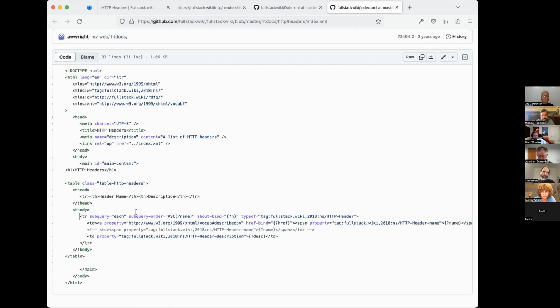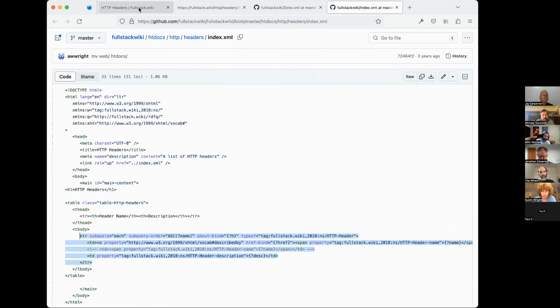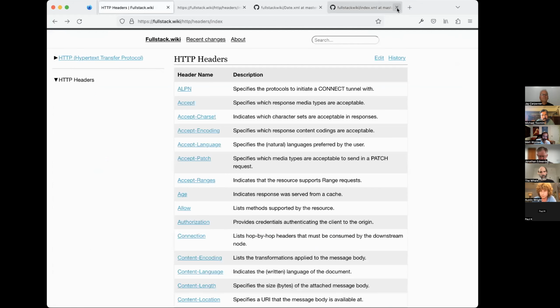I've also been working on this: if you make an incremental change to the graph database, you can trace that back and see which queries are going to be affected. Then you can figure out which particular elements in the HTML you need to change. So if I add an HTTP header to my graph database, it can see that it impacts this query here, and because it impacts this query, it knows it needs to insert a TR element in this page. The website isn't generated like that right now. It just regenerates the entire output of the document every time. But it seems to me like it should be possible.